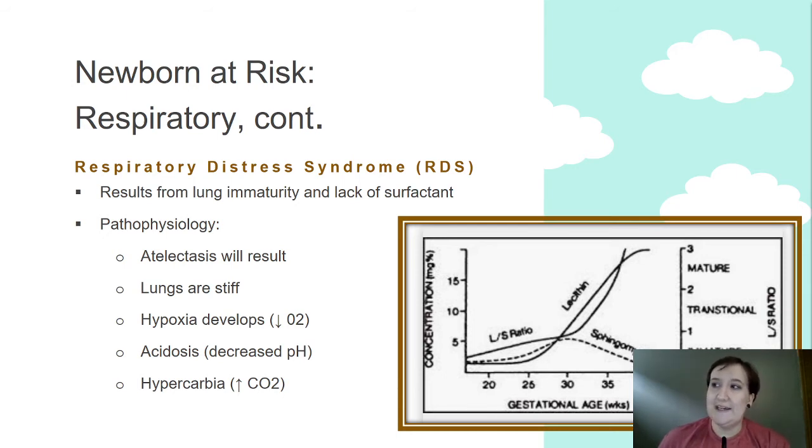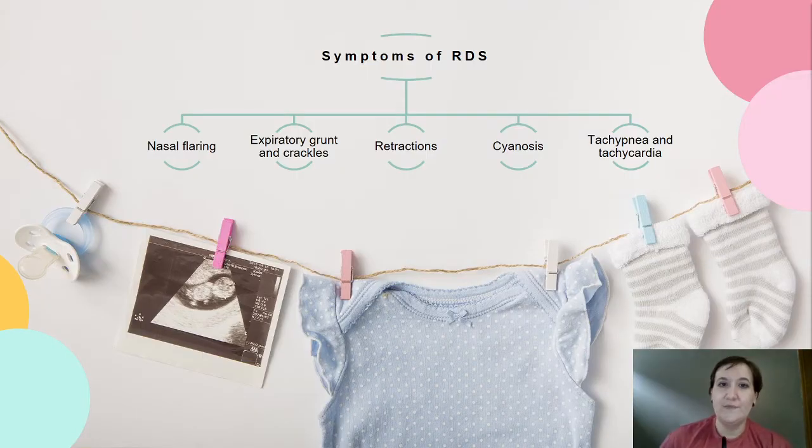Remember again that hyperinsulinemia and hyperglycemia decrease production of surfactant. Remember that from that discussion. Okay. Again, go back to your signs and symptoms of respiratory distress, and that'll give you an idea of what respiratory